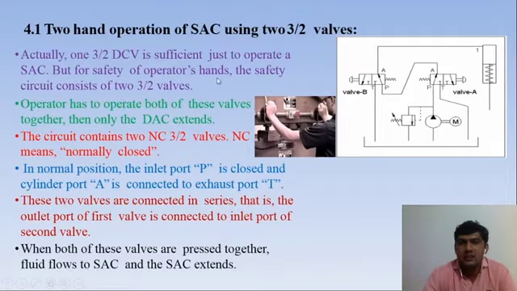We also discussed different types of direction control valves in the previous lecture. Here the three represents the number of ports. So here the three ports are P, T and A. Two represents two positions. In the first position, fluid will be passed from pump to port A, and in the second position, fluid will be passed from A to T. So this is two positions and three ports, so it's called a 3 by 2 direction control valve.